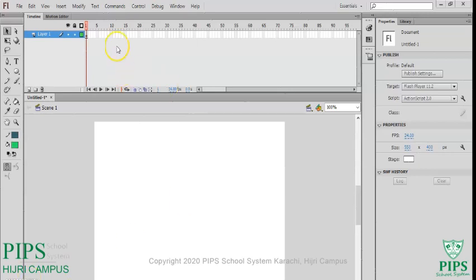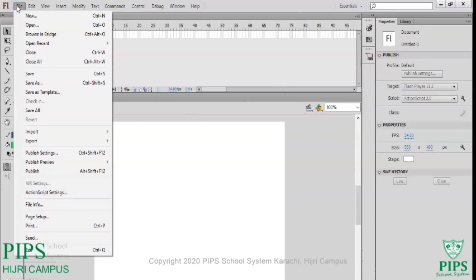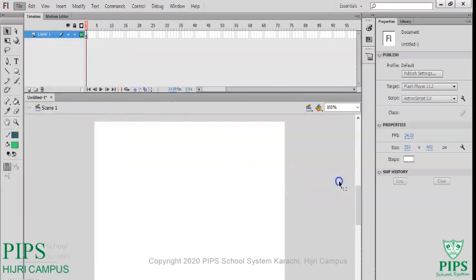Okay, first of all, this is your window. This is the layout of Flash, and you can see these are your tabs. Each tab has different functions, and you can see there is a File menu. When you want to open a new file, I just started the Flash software, went to File and New, and opened the new file. When you open the new file, you can see your layout looks like three or four portions.